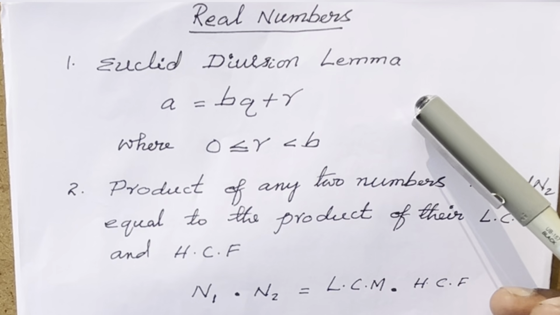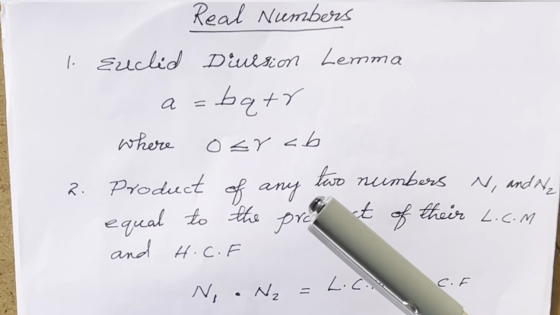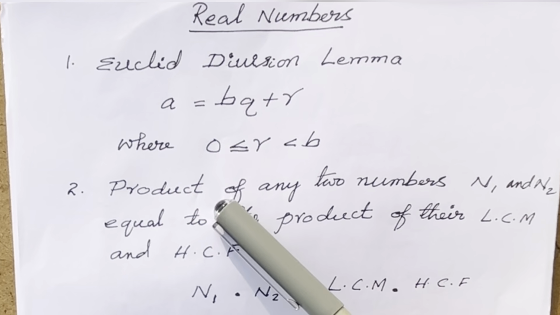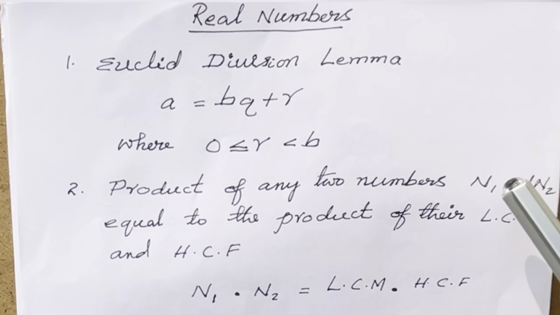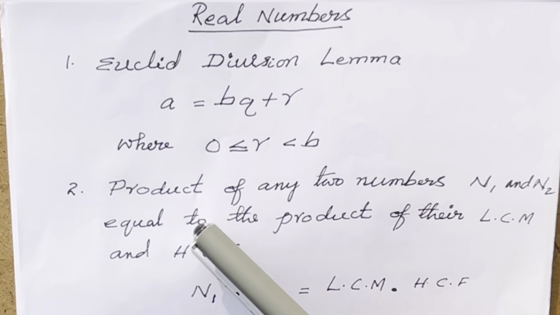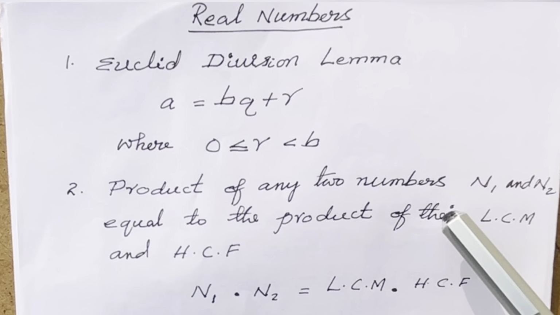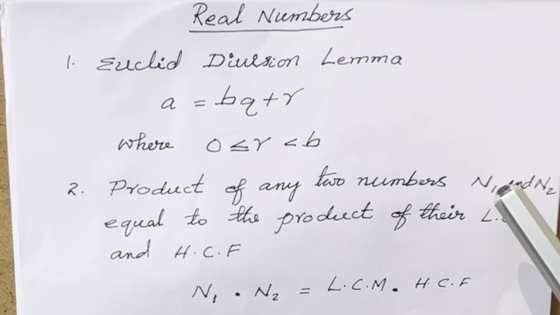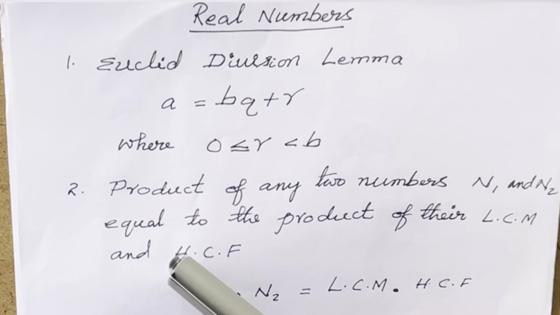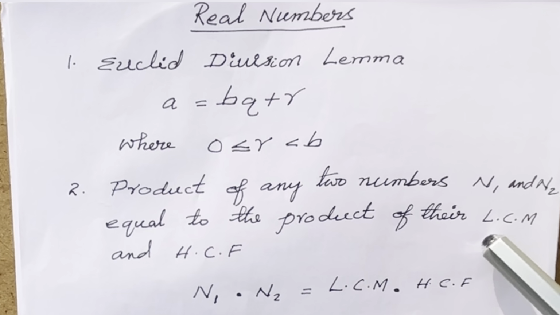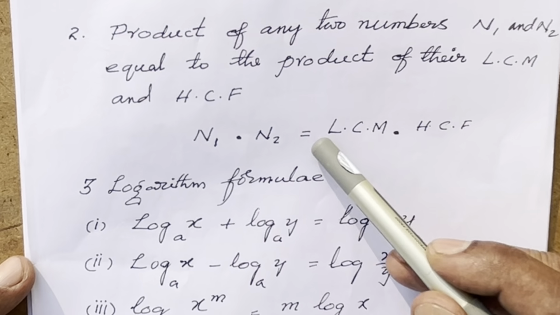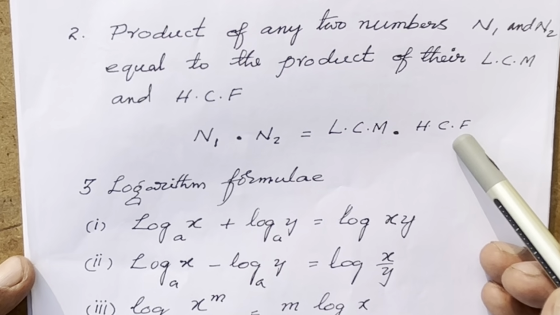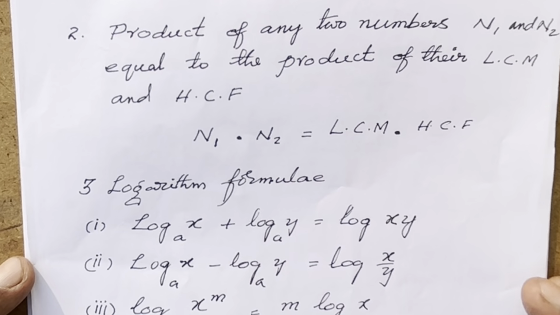On this, we have so many formulae. Coming to the point, the product of any two numbers, that means it may be any two numbers, n1 or n2, is equal to the product of their LCM. If you are taking the two numbers' LCM and two numbers' HCF, we have one common formula here: n1 into n2 is equal to LCM into HCF. These are the two formulae. And next,